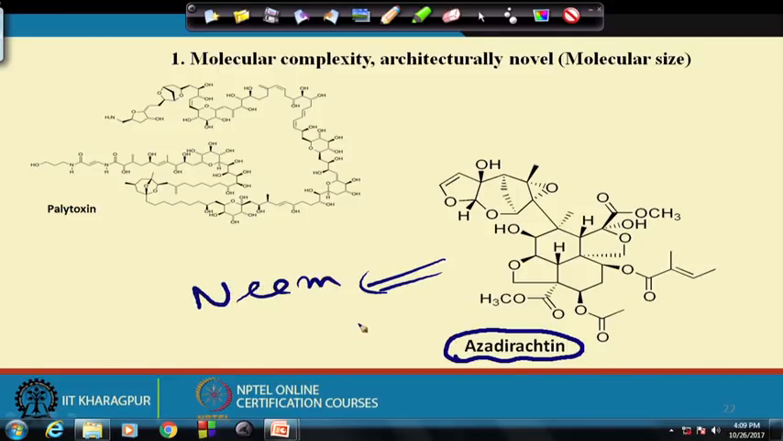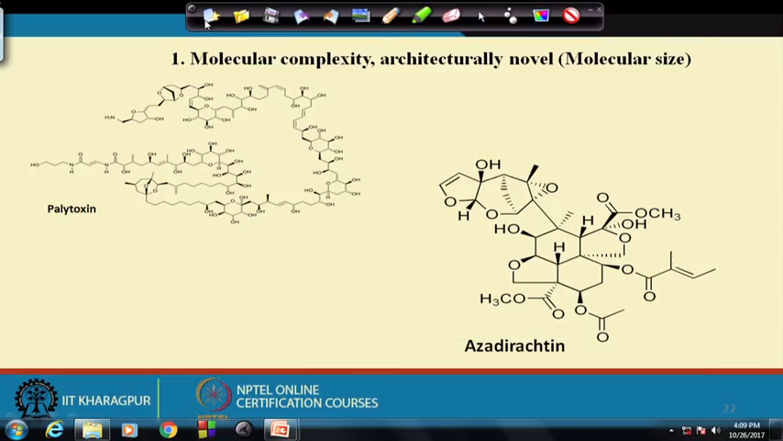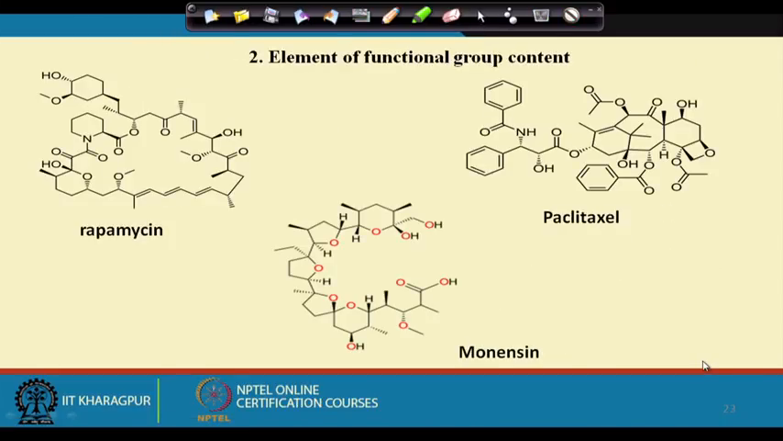Now, all of us know that the neem tree has potential medicinal significance. It can give you an enormous number of products, and it can help you in many ways. Now, this compound azadirachtin is a complex structure, but essentially this kind of molecule can be made. So, fine. Then you check the second point, functional group content: what are the functional groups present